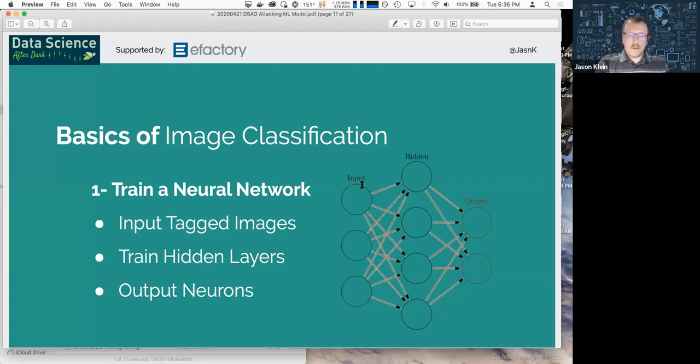Up until now, using ImageNet as an example, most of their photos are going to have a single subject. So you're not going to have a photo that has a burger and fries. You would have a photo that has a burger, and then you'd have a separate photo that has fries. And the benefit of that is then when they're feeding in the tagged images, they'll be able to feed the model an image and say, this image has a burger in it. And they don't have to feed it an array.